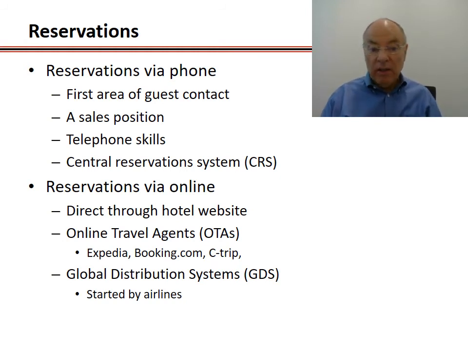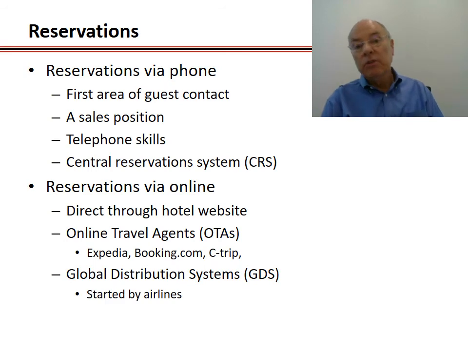Or online travel agents. Now, the hotels created online travel agents. Now, they existed before 9/11, when September 2001 came along, but all of a sudden hotels didn't have any business and they had to find a way to get business quick. So they started pushing all their reservations to these OTAs because they were getting a bigger, broader market. So they created Expedia, Booking.com, Ctrip, if you will, the big players, Ctrip in China, the big players of Expedia and Booking.com throughout the world and all their various subsidiaries. They created them, now they're trying to pull back from them. It's an interesting dynamic going on in the industry.